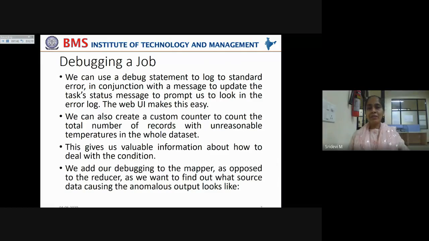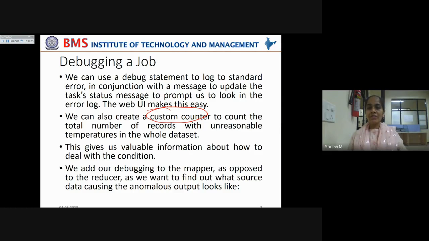Now, the web interface makes it much easier to do this. And we can also create a custom counter to count the total number of records with unreasonable temperatures in the whole data set. We can also create a counter whenever it encounters erroneous data or some extreme values rather than what is expected.